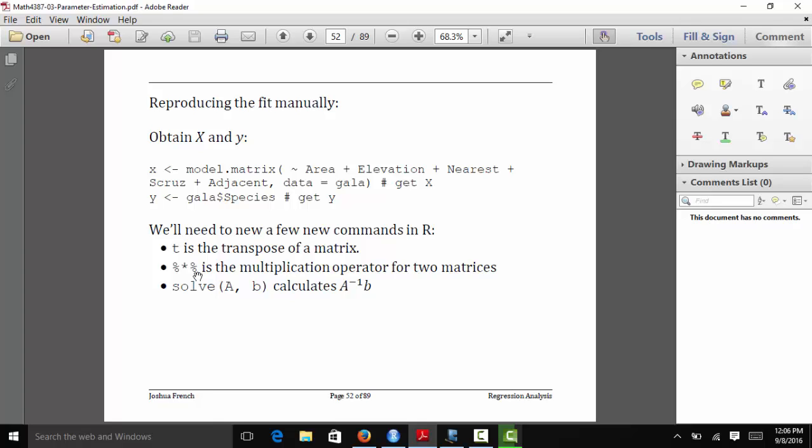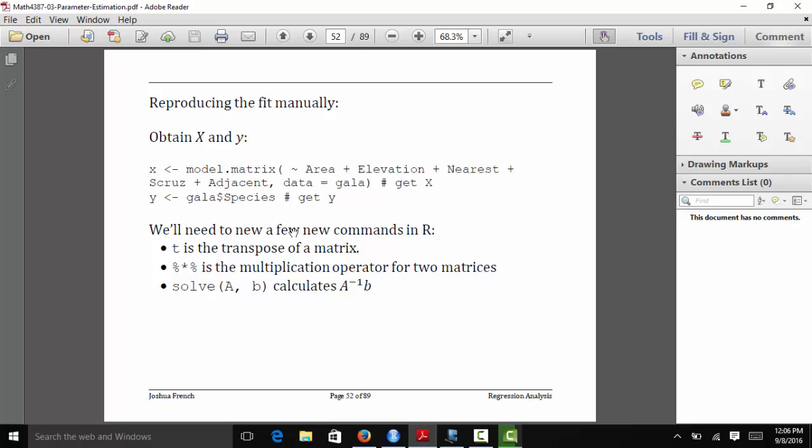And unlike MATLAB, there's not an inverse function in R, because that's actually a really bad idea for various computational reasons. So instead, you have to use the solve function. And what solve(a, b) does is it calculates a inverse times b. And so you actually have to think about what you want beforehand, and then put the matrices in the correct order to get what you want in the end. Okay, so those are really the three matrix functions that we need to know in order to